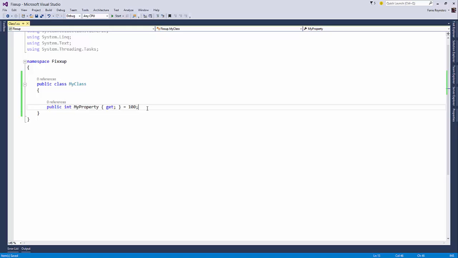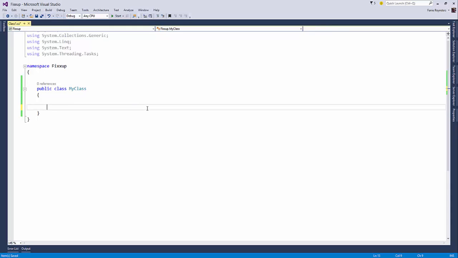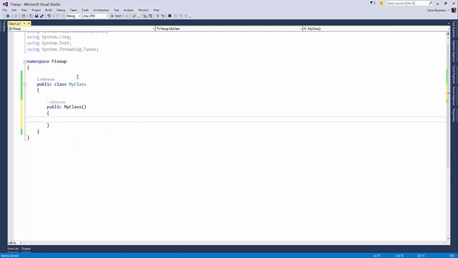Another feature that is quite cool is the using static import function. So let's say we have a constructor, and normally when we want to write something out to the console, we say console.writeLine blah. It can become quite tedious to write console the whole time.